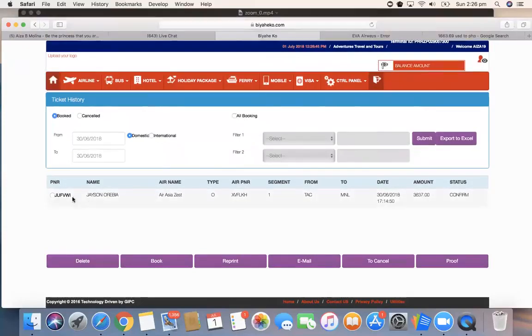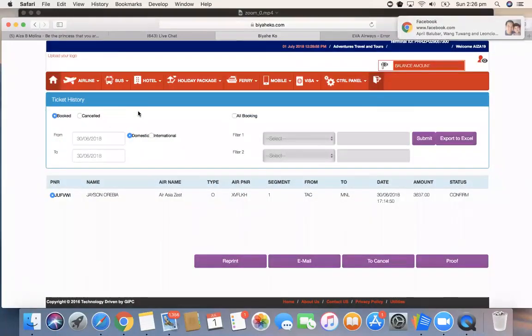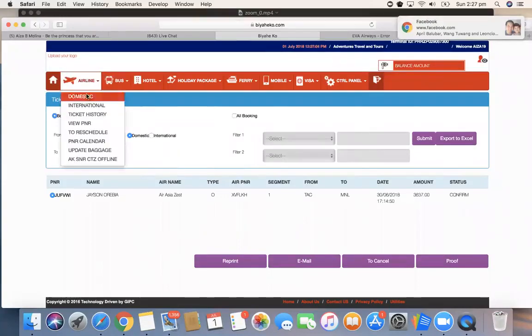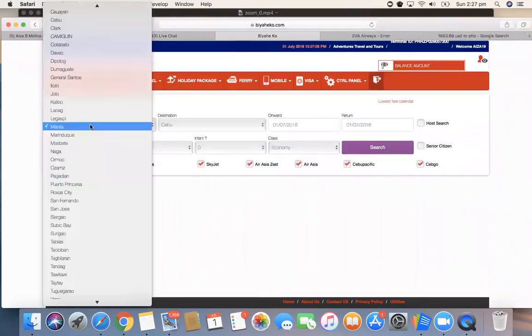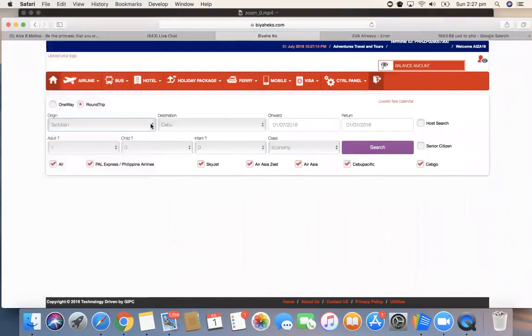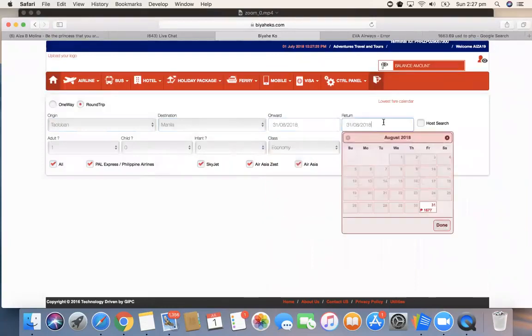Okay? And if hindi nakarating kay client, you just go to ticket history and then you tick the email and then you email it. You ask for their email address and then it will automatically be sent to them. All right? So that's domestic booking for one way. Ngayon, kapag two ways naman and then more than one person, so you make sure you click the round trip. And then the same route tayo, Tacloban, Manila, and then August 31, and then